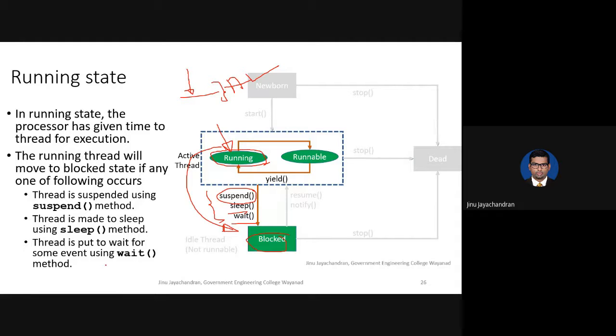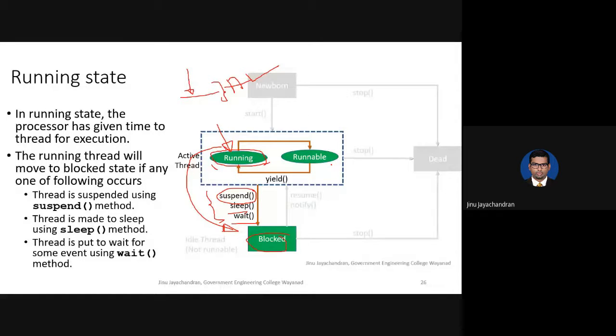So this is called the running state. The running state is a state in which the thread is running, and if the thread needs any input which needs waiting, then it will be moved to the blocking state. It can also move to a runnable state, because it might happen that the thread has finished running and needs to start running again. So it can move to a runnable state.